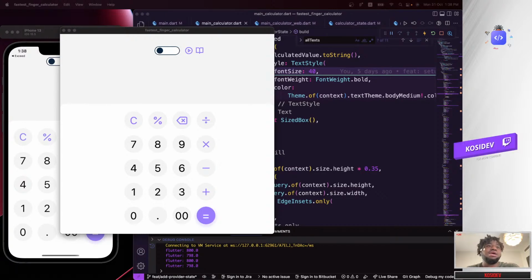Still on the calculator app we are still building. The Flutter calculator app. So we kind of like had a lot to do on the app, so we'll be trying to see what we can do today. But let me give you guys a preview of what we'll be doing today, at least, because